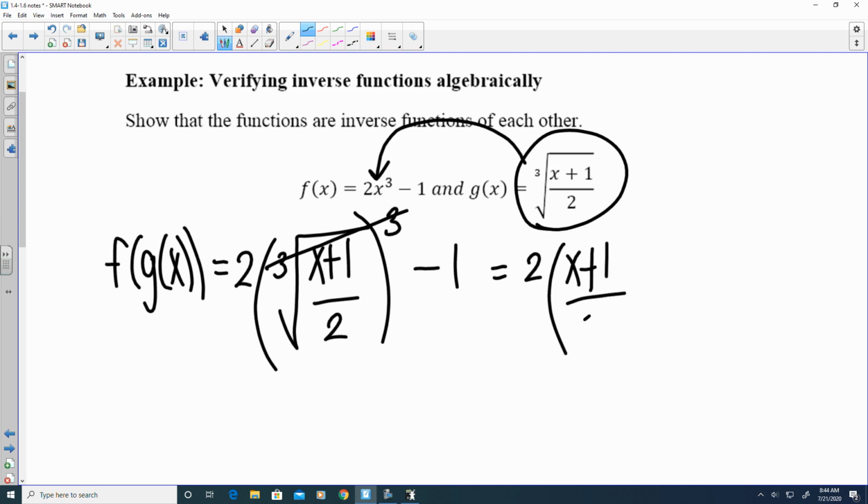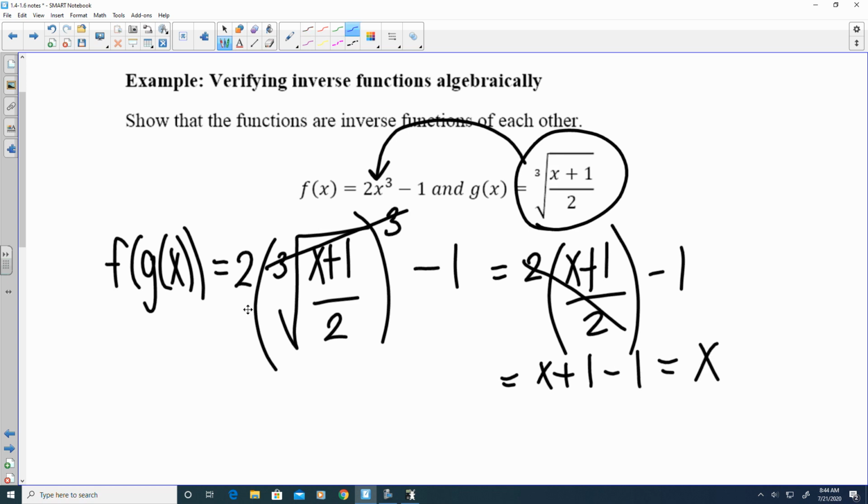So everything is still there except for the cubes. And then we need to cancel the 2's. And of course, it gets down to just x. Now when I go the other direction, where I take function f and plug it into function g, where the x is,